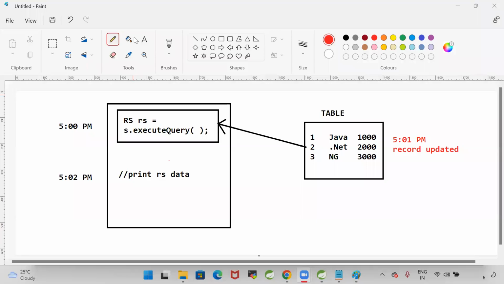Sensitive and insensitive result sets both are bidirectional. Next point, the difference is